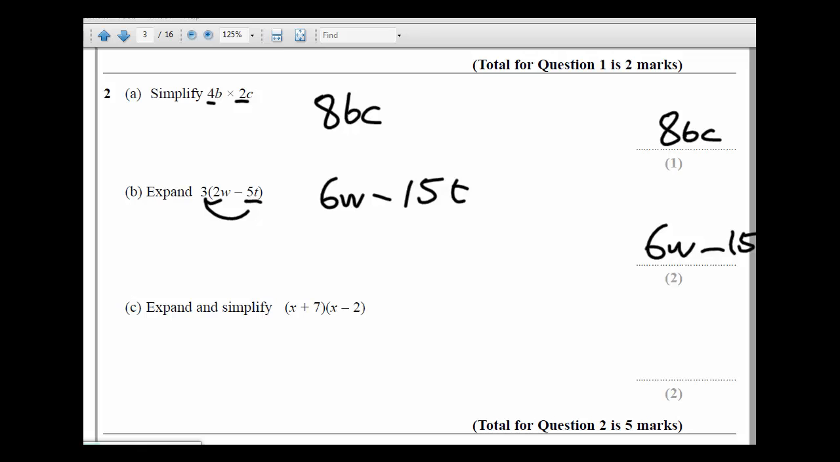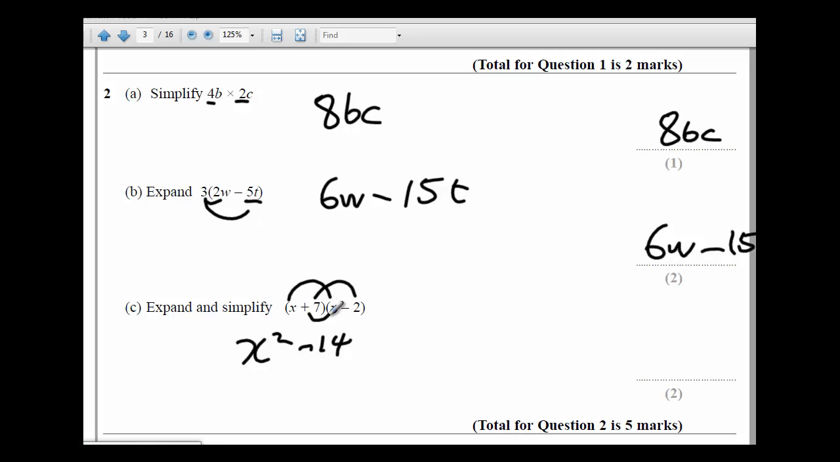Okay, let's have a look at the third one then. Expand and simplify x plus 7 times by x minus 2. So let's do x times x, that gives me x squared, plus 7 times by minus 2, that gives me minus 14,